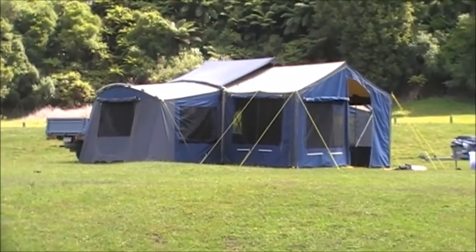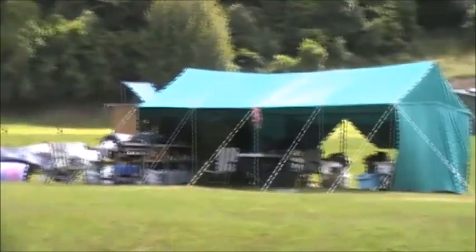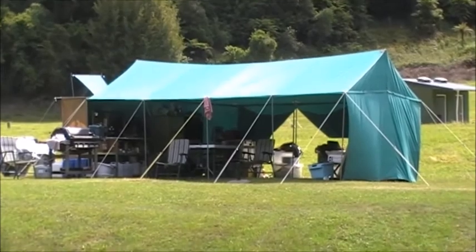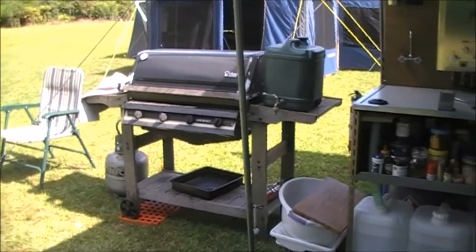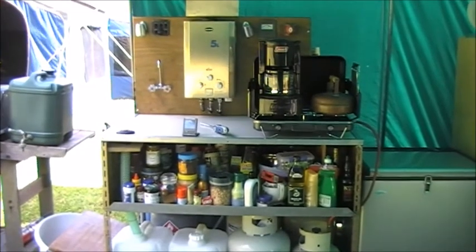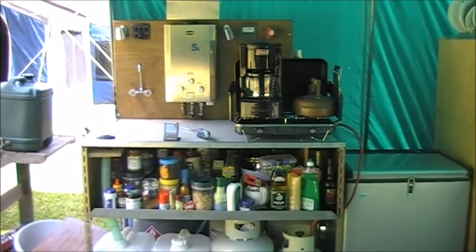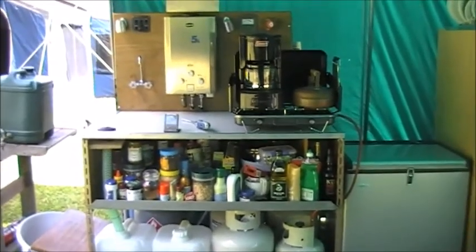This is Rodney and Lynn's new sleeping tent, and this is where we spend most of our time, in the community living room. The barbecue and what I call the flight deck. This is Rodney's own invention of hot water, washing up, stove, supplies, and on the other side of it, the